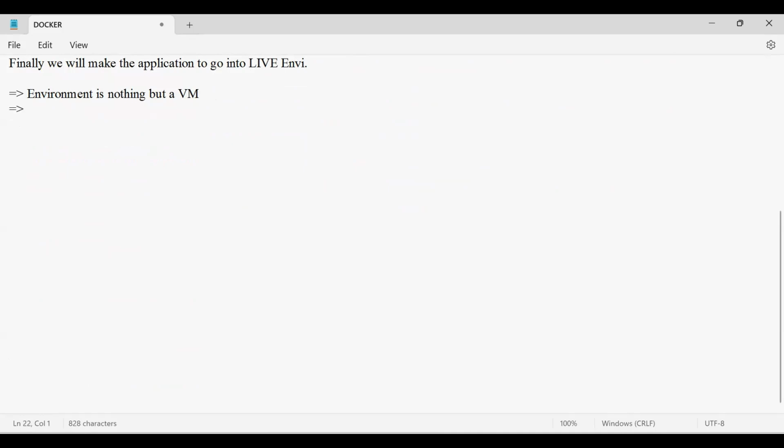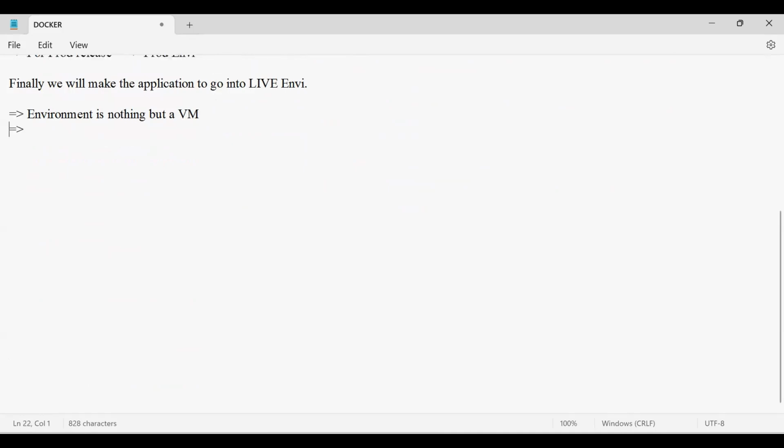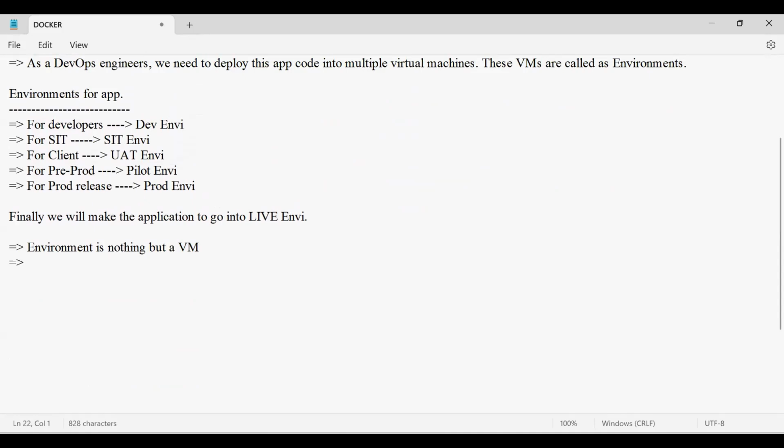Now in the dev environment, let's say that the developers are using different versions of software. Let me take an example. Let's say in the dev environment, the developers are using a Linux based operating system, and then they are using the Java 11 version of the software. They are using certain dependencies, which are called Spring Boot dependency, and they are also using a database called MySQL. So these are the different versions of the software that are being used in the dev environment.